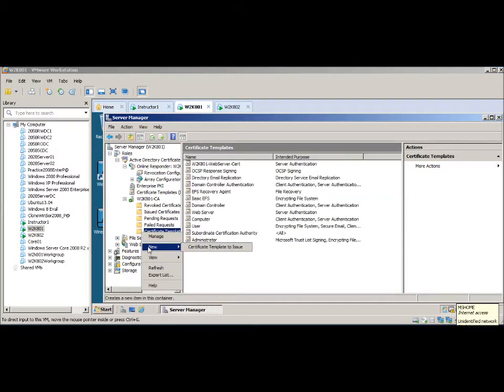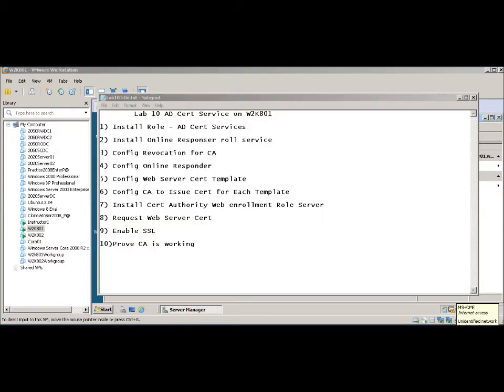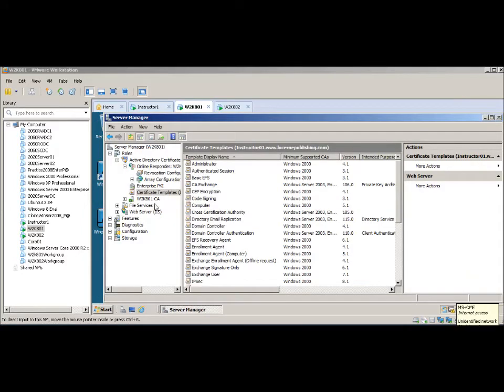We right-clicked on it, went to New, and selected New Template to Issue, and then we selected the OCSP responder and said OK. We're already up to step 5. We want to configure our web server template, and to do that we're still in, just go back up to